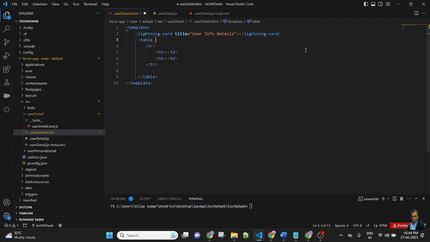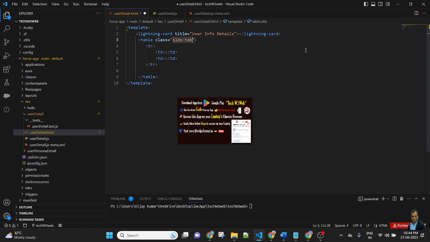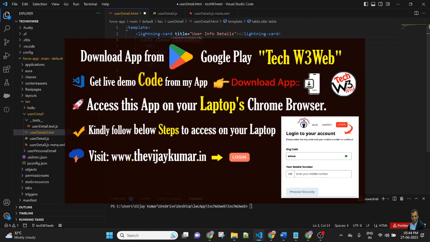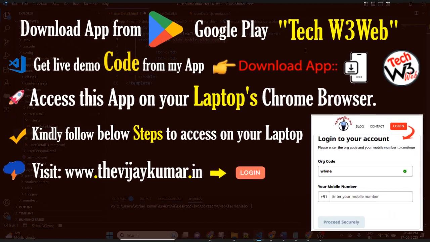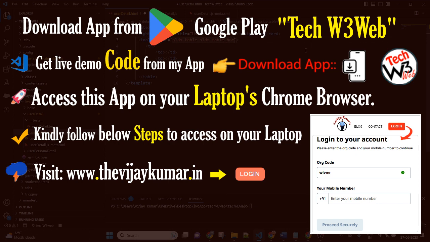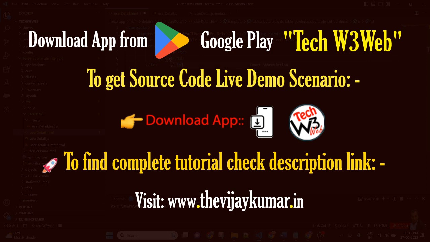In the table, put the class name: class equal to slds-table, slds-table_bordered, slds-table_cell-buffer. So the first column will be name, and here we will pass the value of name.